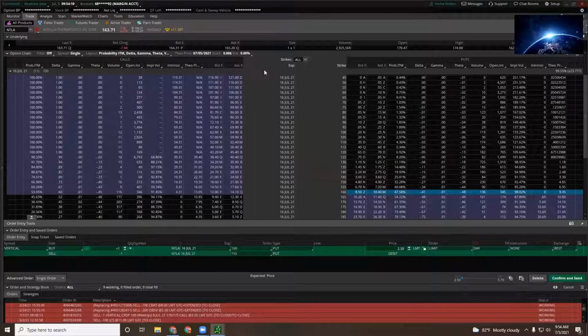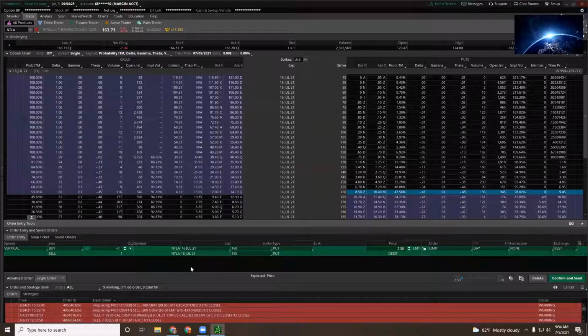I can cover what a margin account is in another episode, but you can read up on that on the internet. You do need a margin account to be able to do spreads, period. You cannot do this on a cash account, if any of you are trading on a cash account. So this is a $5